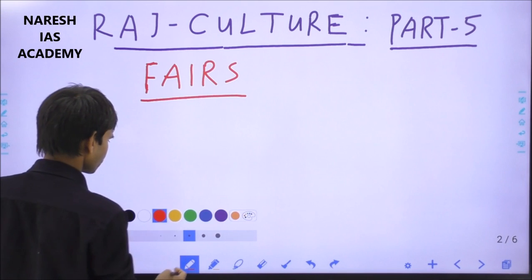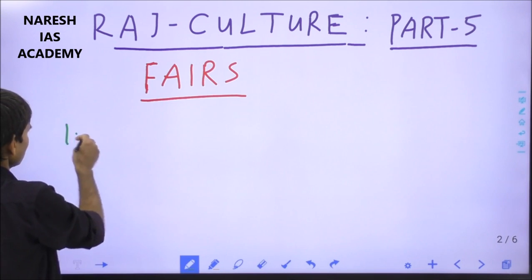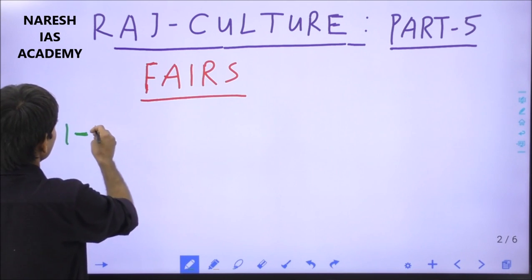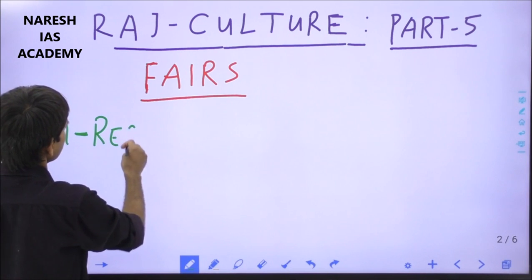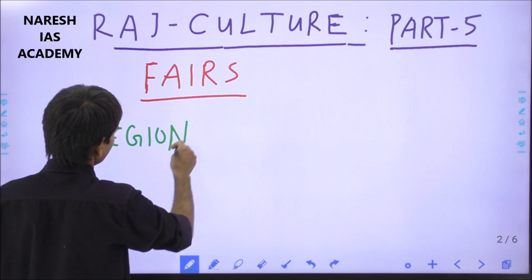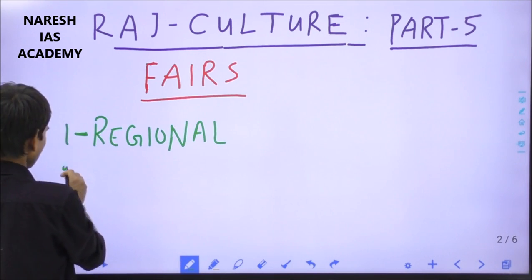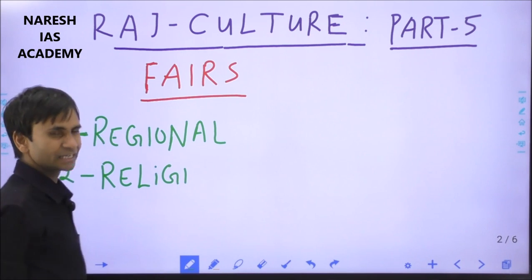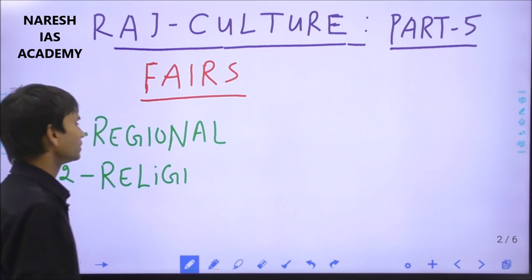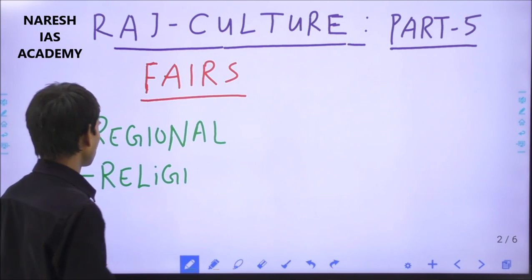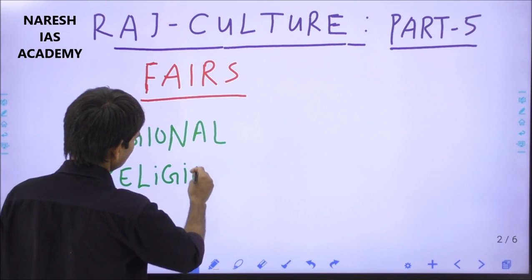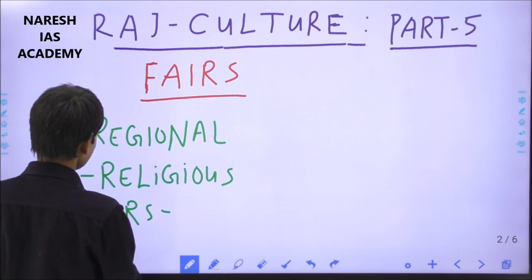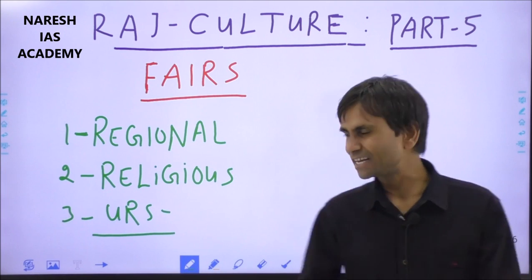The important fairs, and we can classify the fairs of Rajasthan under which division. Some of the fairs are famous for their regional features, the regional fairs. Second, the religious fairs, either dedicated to the folk deities or Lok Devta and Lok Deviyan, or any god of the Hindu Sanskriti. A third is the Urs fairs in Rajasthan. These are the three broad categories through which I will discuss,